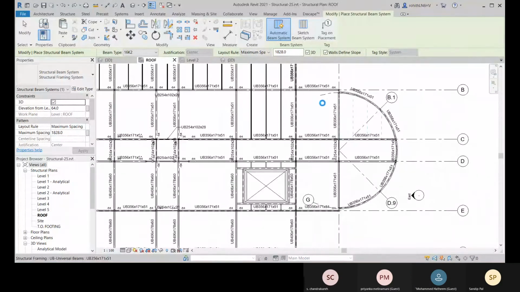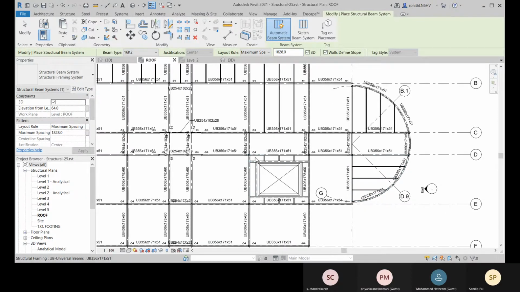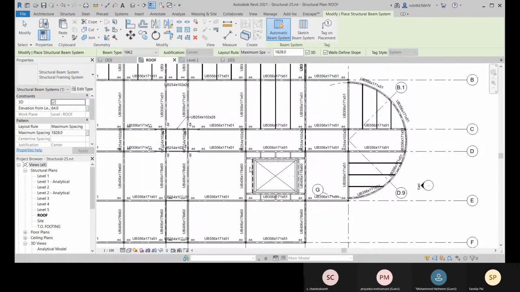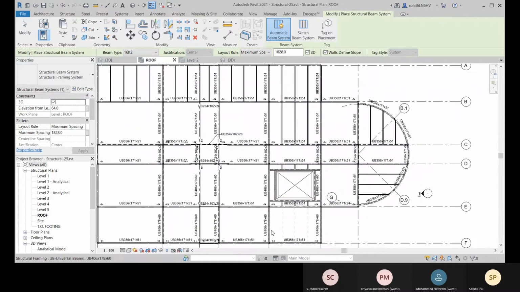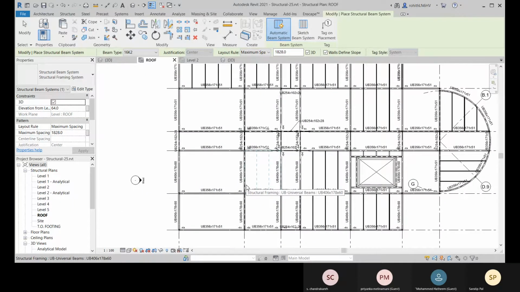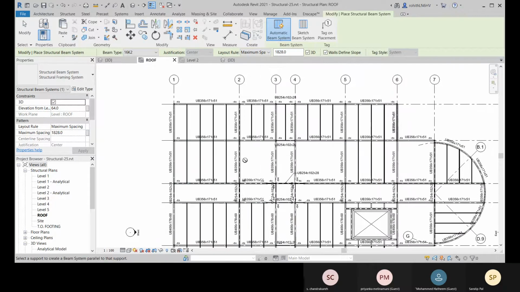Let me place it here. Okay. So here we can go for sketch beam system. So we will do it later. Here also for this, let me not place it. So let's go for this quickly. Now let me change it to one.